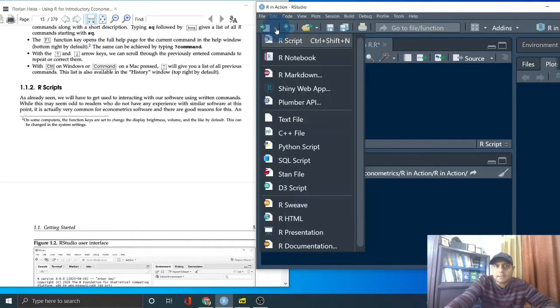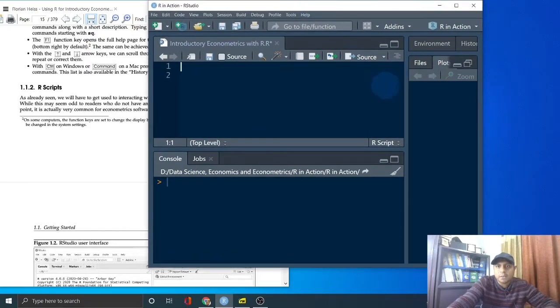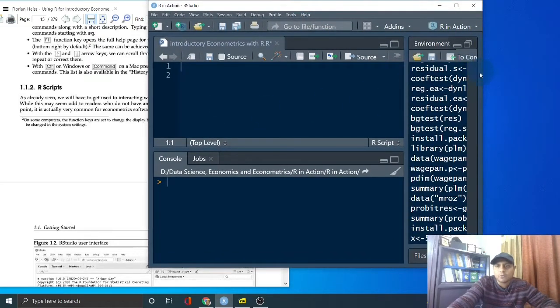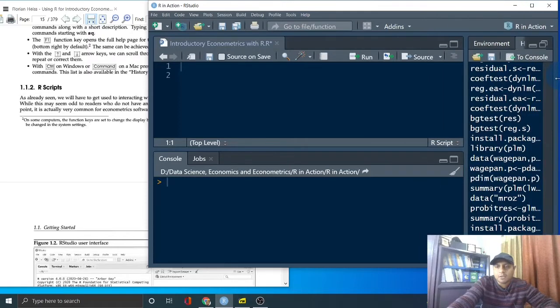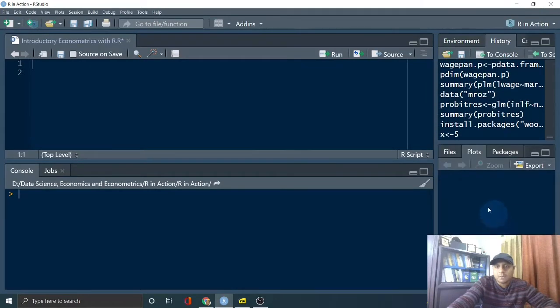How I started it: I just go to R script, open an R file, and then I have a script, and I can start writing my R code very easily. Now if you look at RStudio very quickly, you will see there are four panes. If I make it a little bit larger, you can see that this is the script where you can write, and in this portion of RStudio you just need to type your code, and this code will be saved automatically in RStudio.